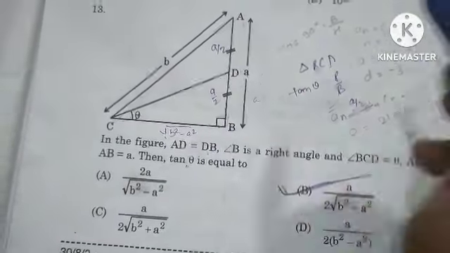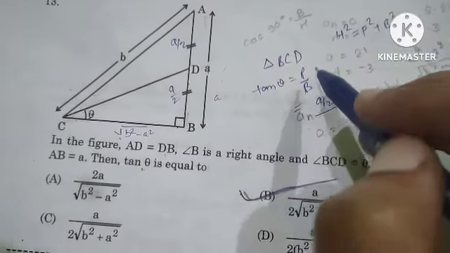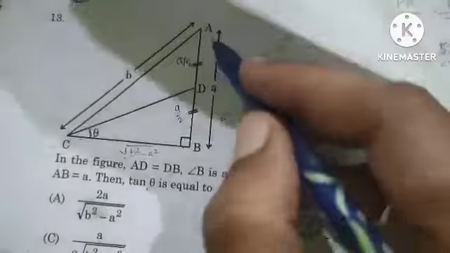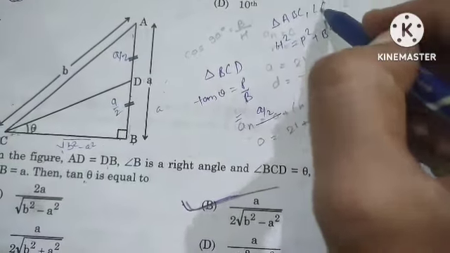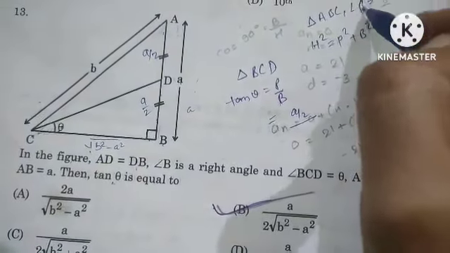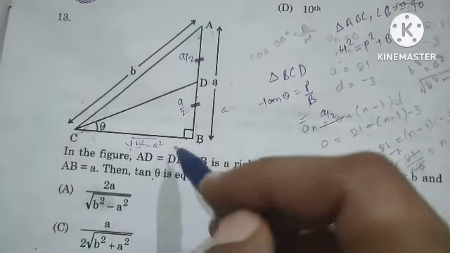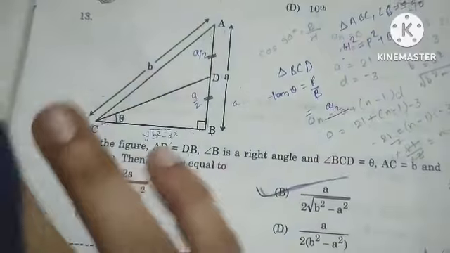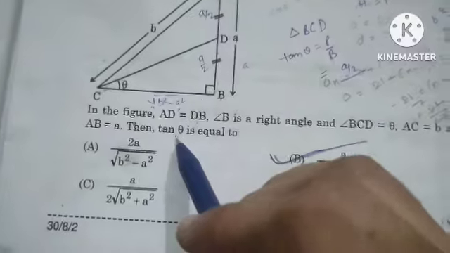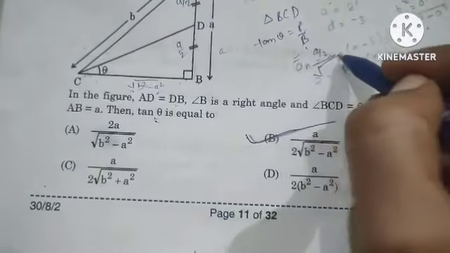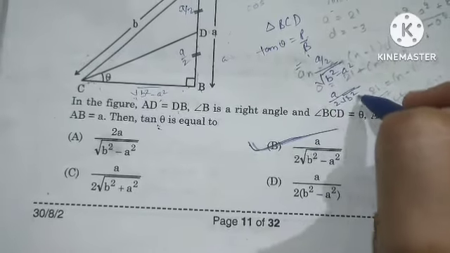Using the Pythagoras theorem, h square is equal to p square plus b square. Which triangle do you have to take? You have to take triangle ABC, where angle C is equal to angle B is equal to 90 degrees. So firstly you have to find the base BC. It is under root B square minus A square. You can easily find that. Now put the value of tan theta is equal to P by B, and you get your answer. So the answer will be A upon 2 under root B square minus A square.